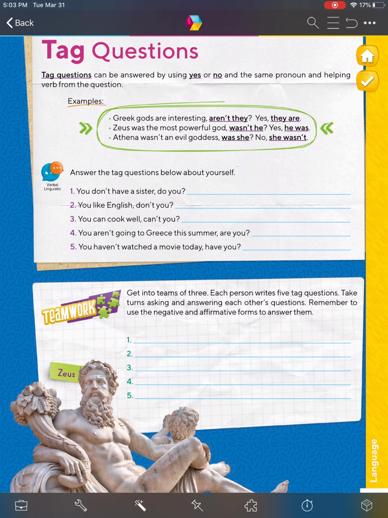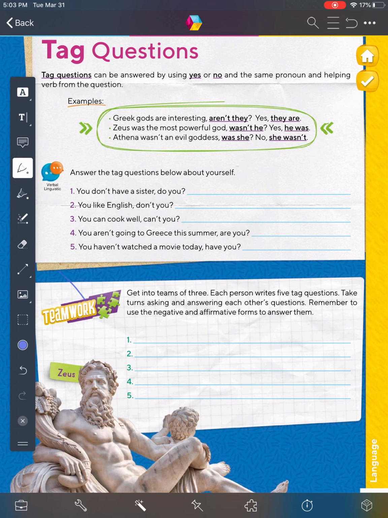Now, we don't have other classmates to work on the teamwork activity, so as I've been doing before, this will be individual work. Your job is to write 5 tag questions. And whenever we have a chance, we're going to ask these questions to someone else in order to answer. But right now, for you, it's just to write 5 tag questions. Remember, the tag question is this last part,